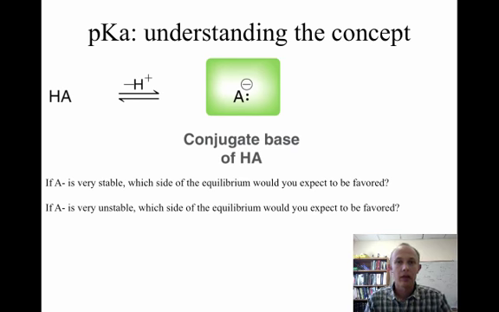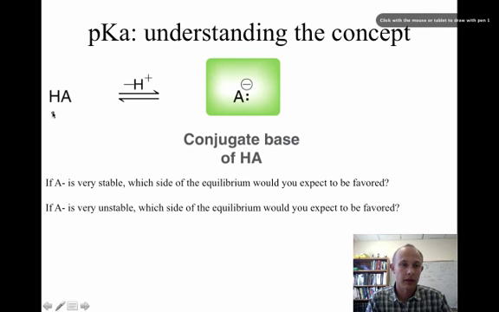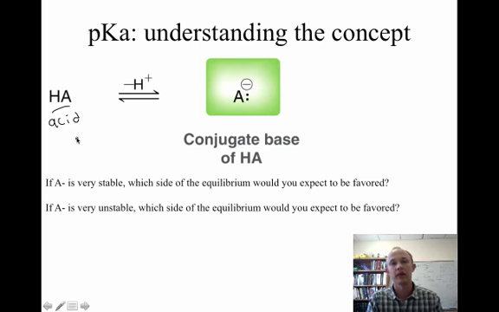Okay, so if we simplify the concept of an acid like we talked about last time, a generic acid is going to be a proton donor. So let's ignore the base. Let's ignore what it's donating its proton to. On this side of the equilibrium, we have an acid. On this side of the equilibrium, we have its conjugate base. Think about the equilibrium as a scale, right? If we stabilize the conjugate base,